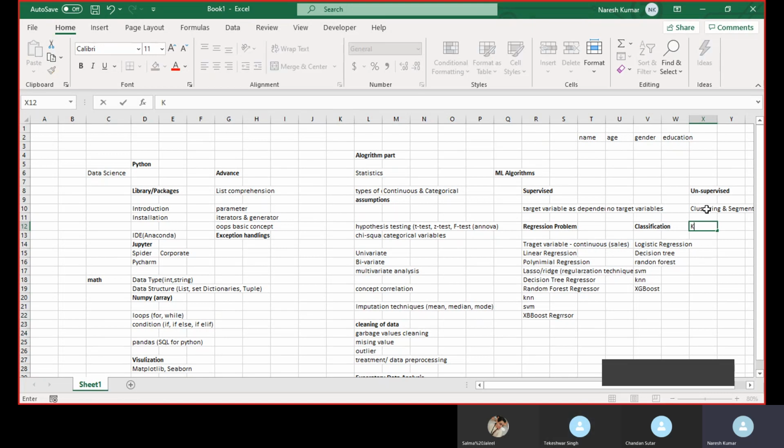Here we use the k-means algorithm or hierarchical clustering. These are the two most important. There are others also, like DBSCAN. If we have time, we will see those also. But these are the two most important algorithms for unsupervised learning that almost every company uses.